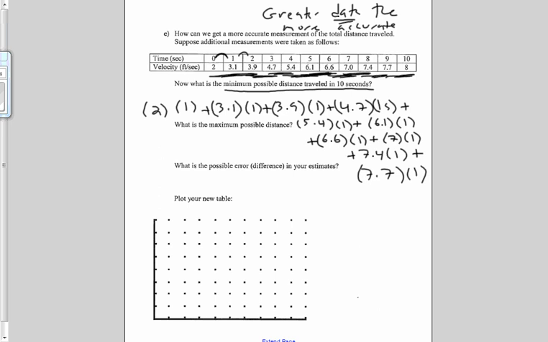Now, that's kind of spread out, but the key thing here, and I'm not going to go through and add that up, is let's compare this, and this is my minimum estimate, to my maximum estimate. And what I want you to see is that there's going to be a lot of repeats. So this was my minimum. In my maximum,